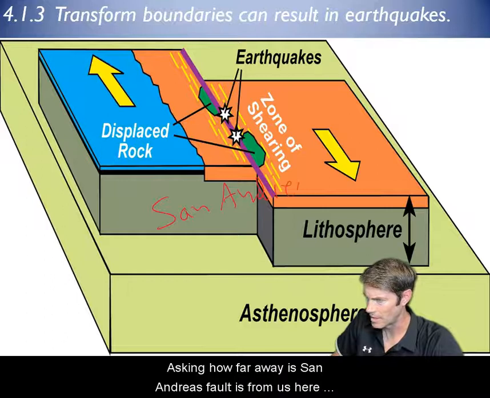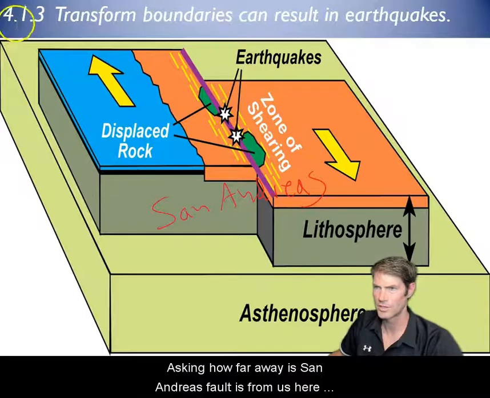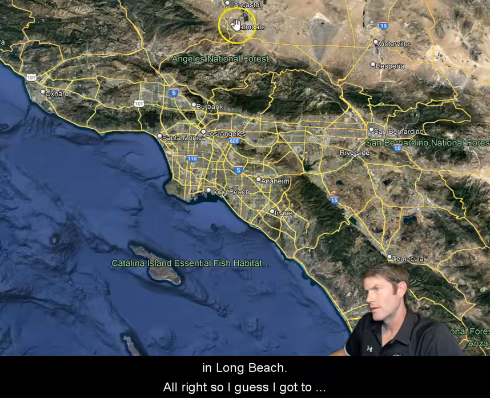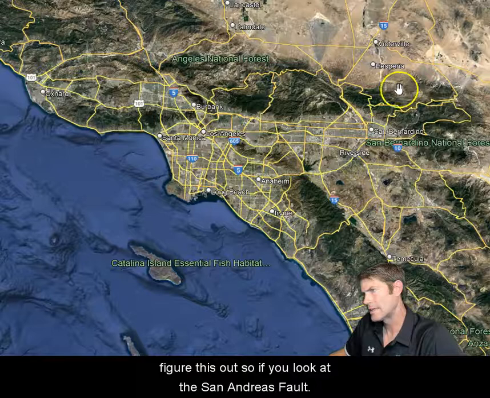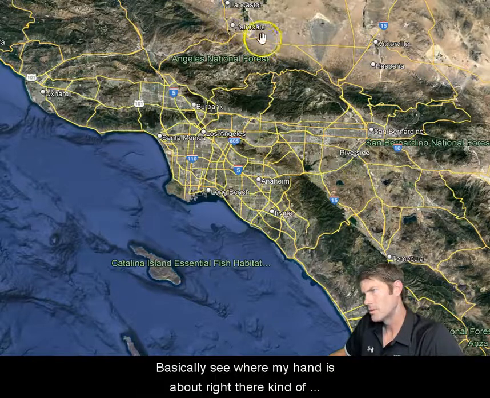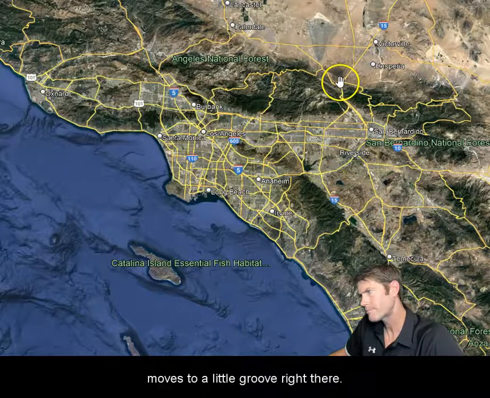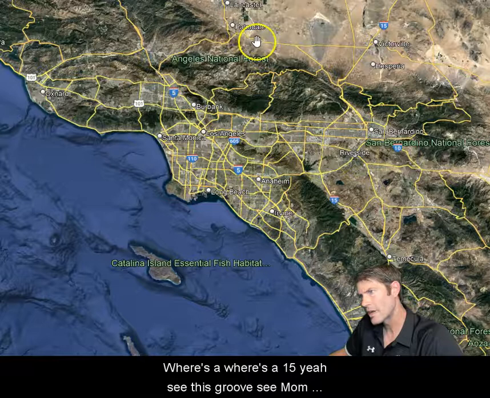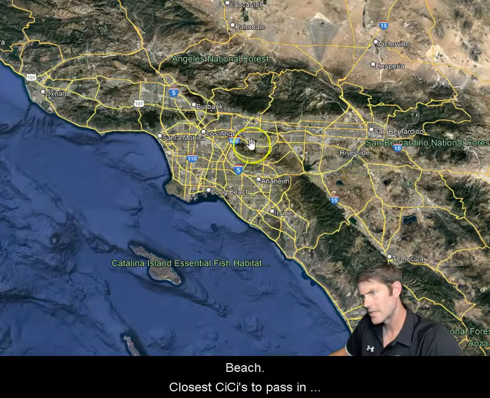Watching the video, asking how far away San Andreas Fault is from us here in Long Beach. Alright, so I decided I gotta figure this out. If we look at the San Andreas Fault, basically see where my hand is. It's about right there. You can kind of see that little groove right there. See this groove? You kind of see it from here, and then it goes here. So, let's see. Long Beach,